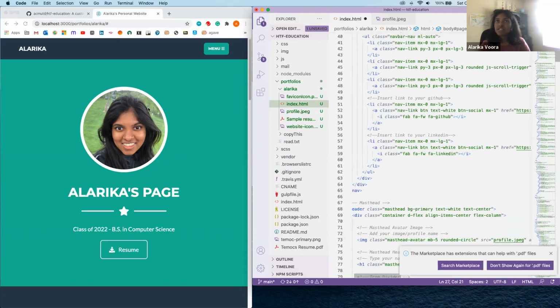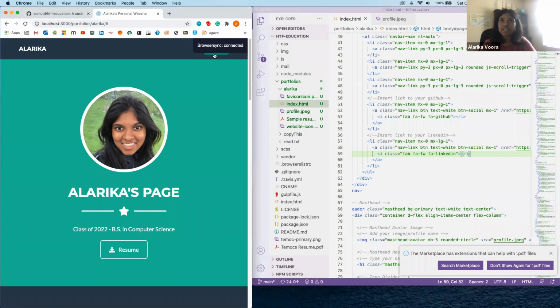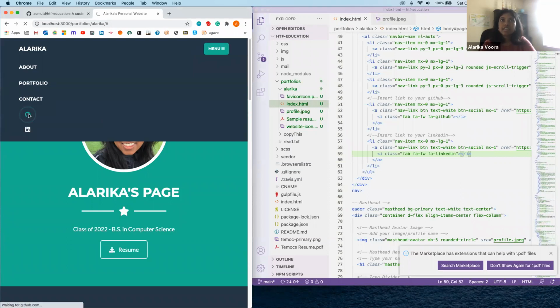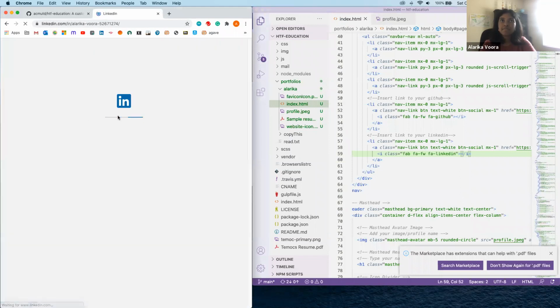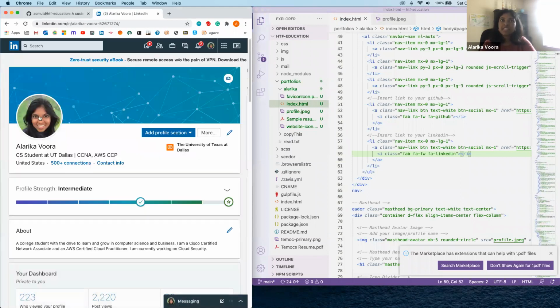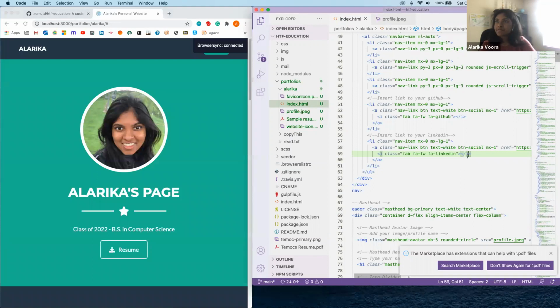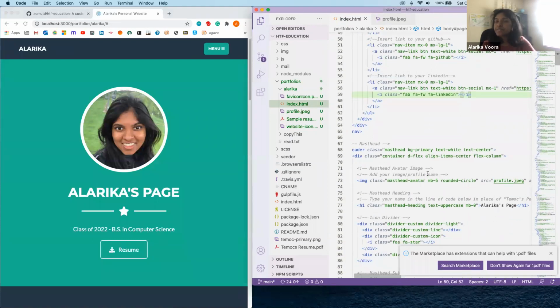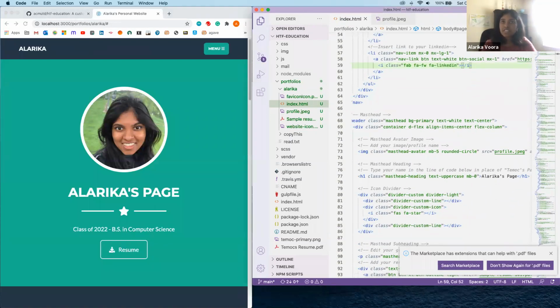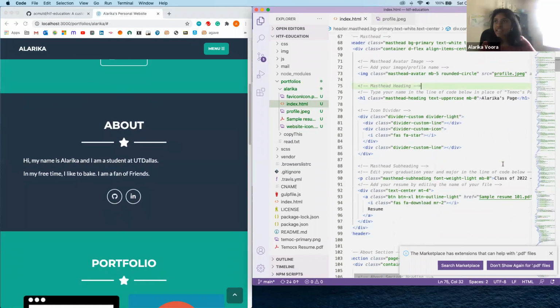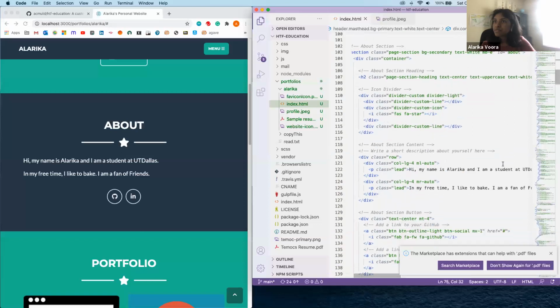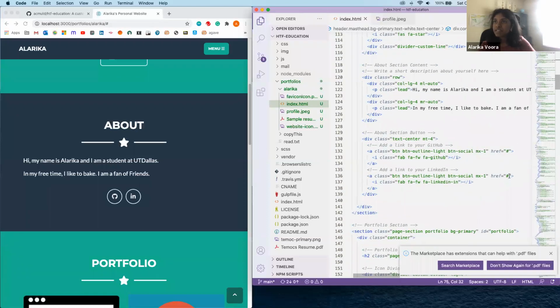So now that I've added these 2 websites, let's go ahead and give this a save so we can check that it is indeed working. So if I click on GitHub, it is going to my GitHub. And if we click on LinkedIn, it is going to my LinkedIn. So that's working. And now we have another place to change this in. As I said before, underneath about, we have the LinkedIn and GitHub again. So let's go ahead and scroll down to that place and,